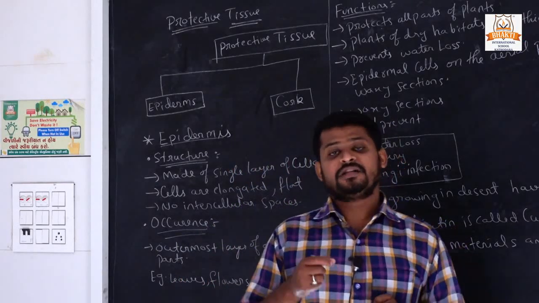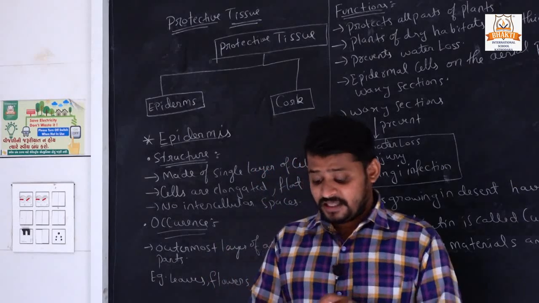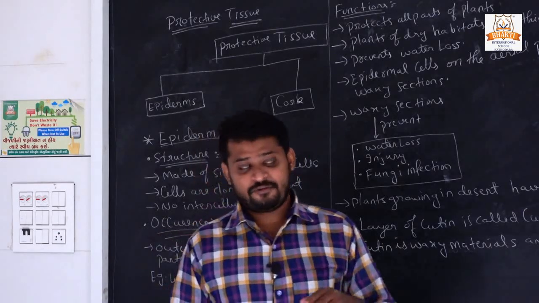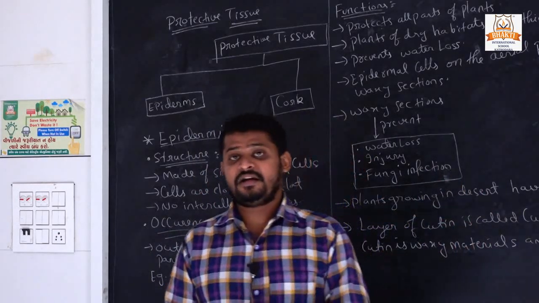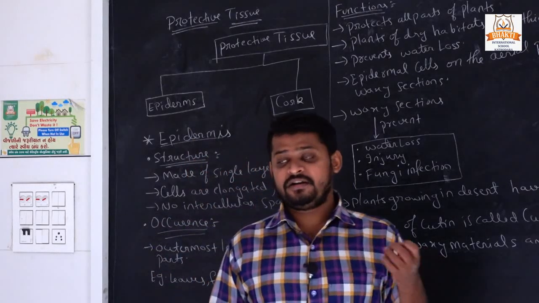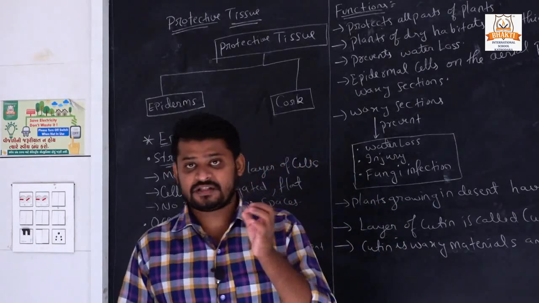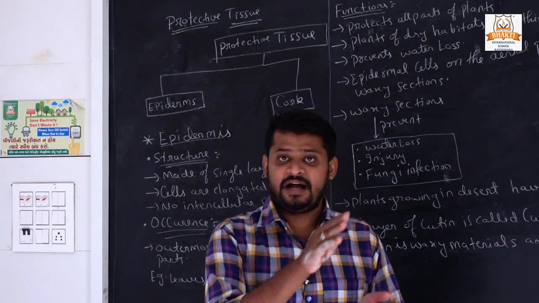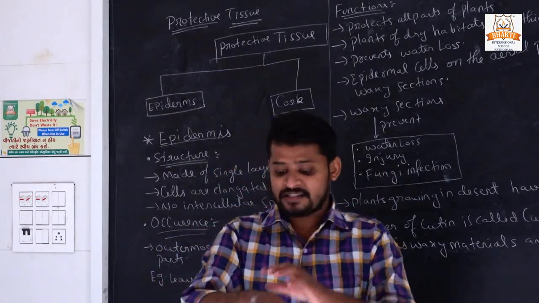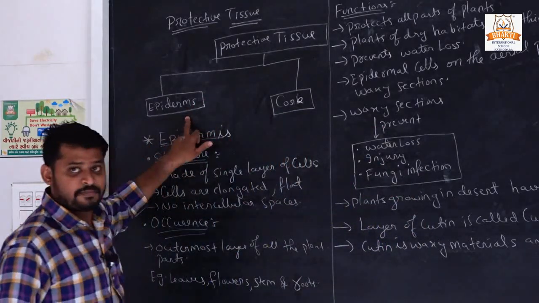Our human body also has some protective tissue. In our body, skin is a protective tissue. It protects our body from external things entering. Meaning if anything wants to enter our body, it first has to pass through the skin. Like that, plants have a protective tissue, which we will simply call a skin. Plants also have a skin, that is epidermis.